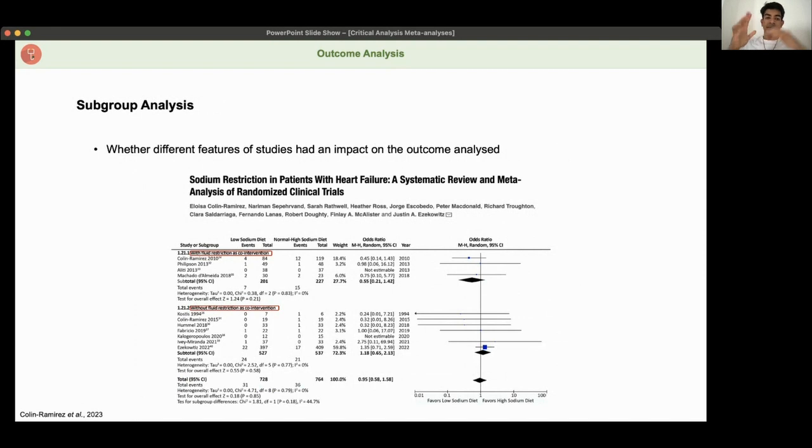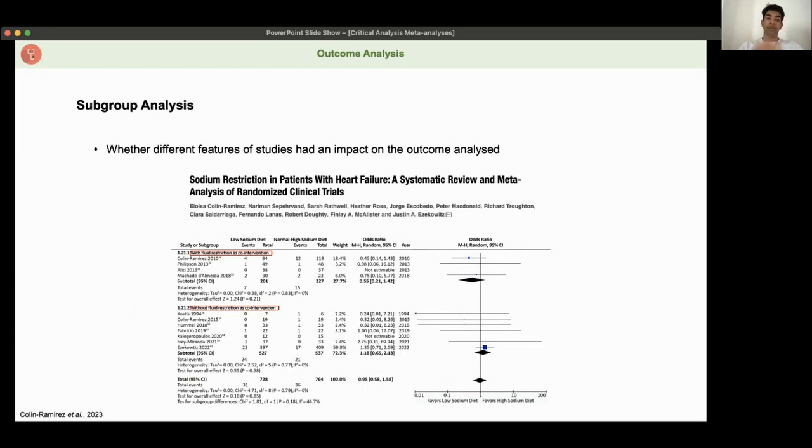Okay, this is when you have all the studies that you've included, but you split them up into different groups to kind of compare different variables that might have influenced the results. In this case, they've compared studies which used fluid restriction as a co-intervention and studies which didn't. And this was on all-cause mortality as well, I believe. And it shows that regardless of fluid restriction, the sodium effect was negligible. There was no significant effect on restricting sodium.